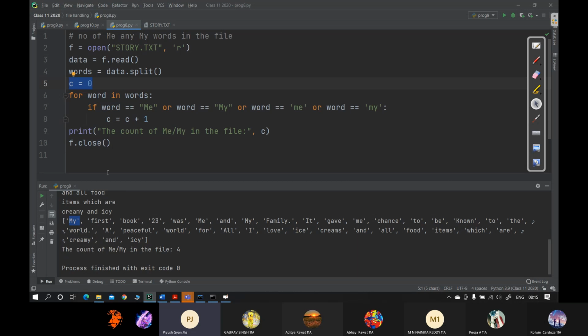So if the first word is such a word which happens to be my, the counter will become 1. Next time word will become the second word of the file, that is first. Then first is none of these words, so this counter will remain the same. Then book, third time word will become book, book is again not the same. So in this way it will match each of the words in the list, and the counter will correspondingly increase that many times wherein each word matches one of these. And then after the loop, or outside the loop, the last value of C will be